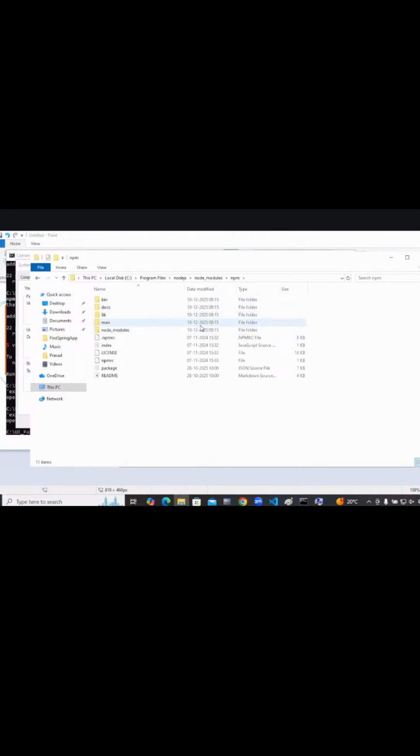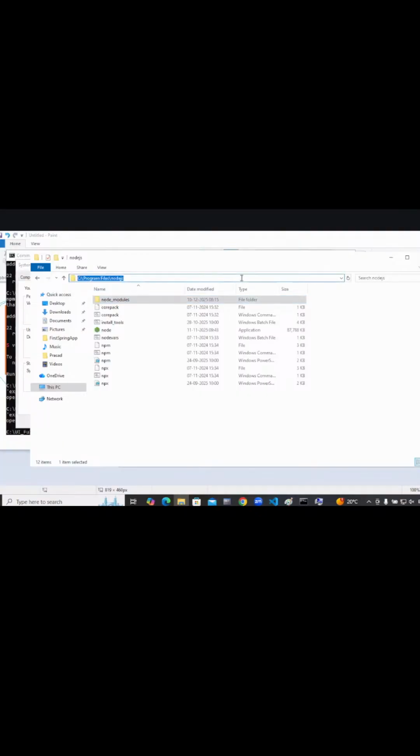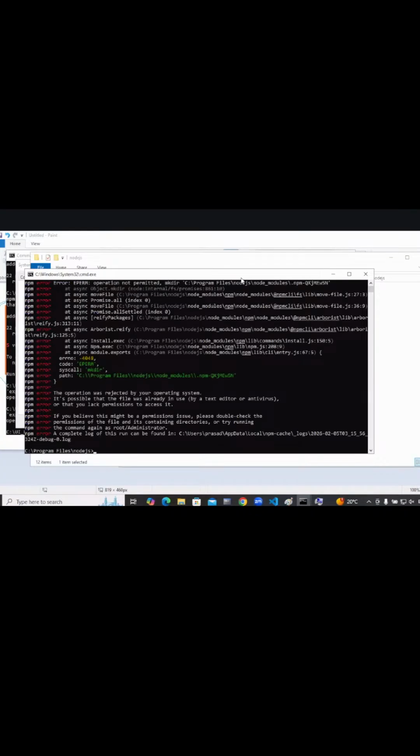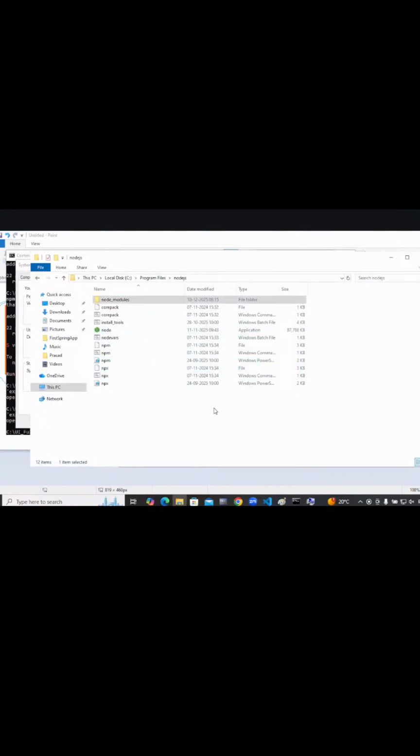Express is not there. Yeah, make directory doesn't work. This is not, no write permissions.